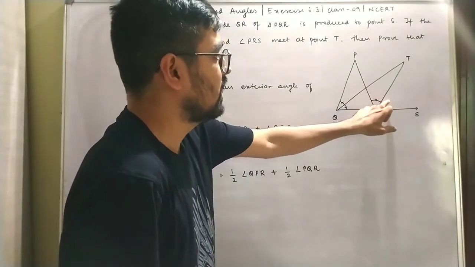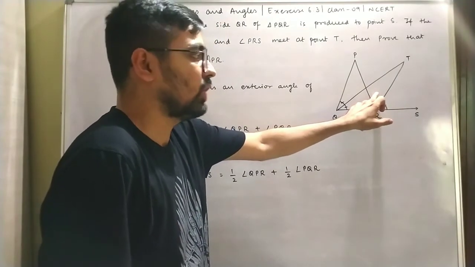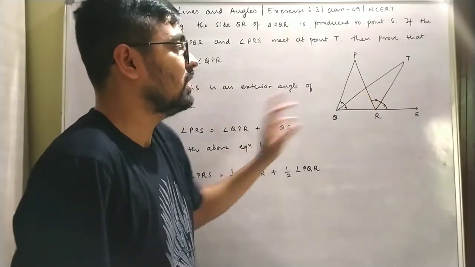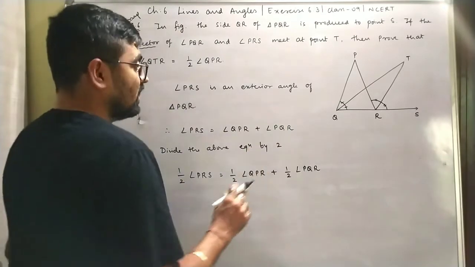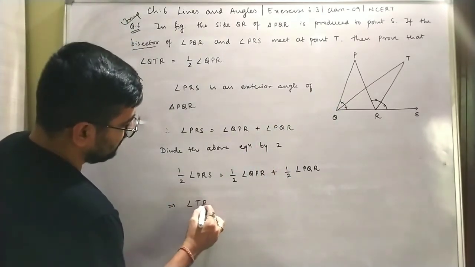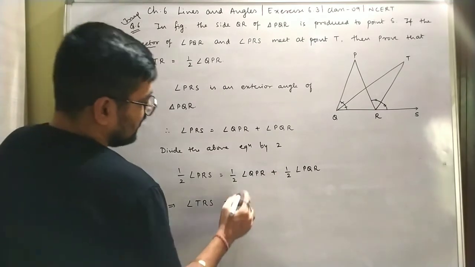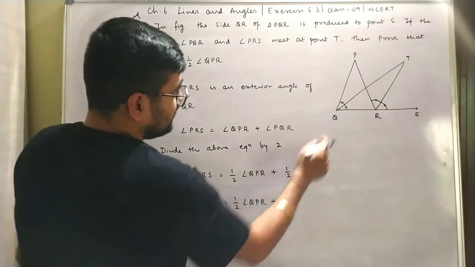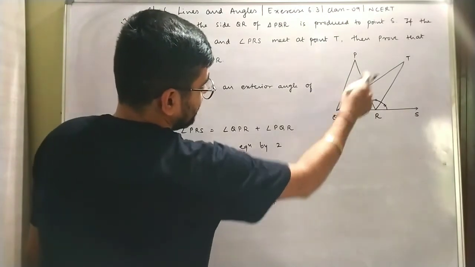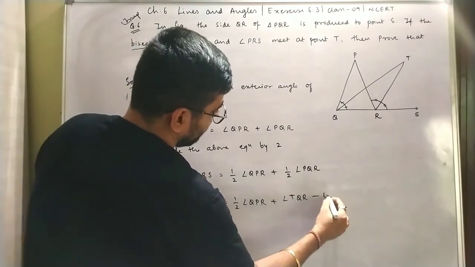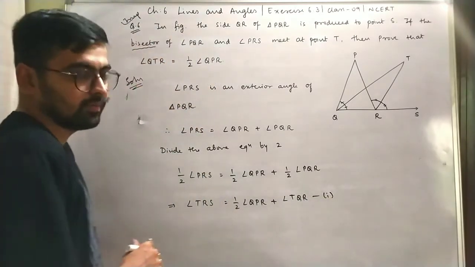These two are equal. But I will not utilize this because ये मुझे कोई काम नहीं आएगा, because it is not fully present in the triangle TQR. So I am going to leave it and I am going to go with angle TRS. Let me keep this as it is, and this PQR के bisector ये दोनों, जिससे I will write this is angle TQR for me, equation number 1.